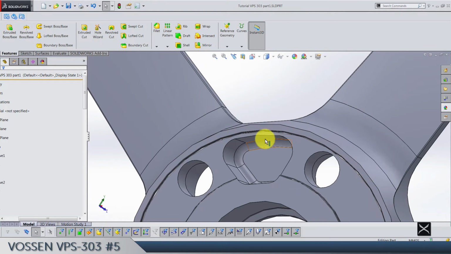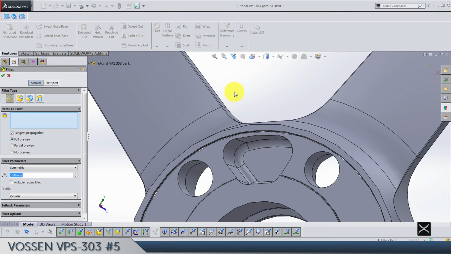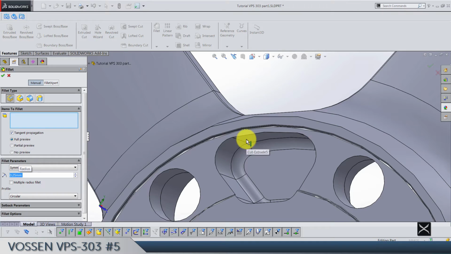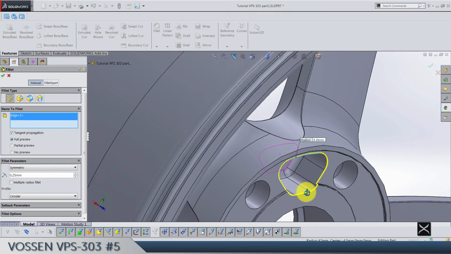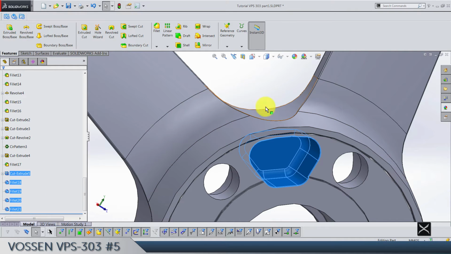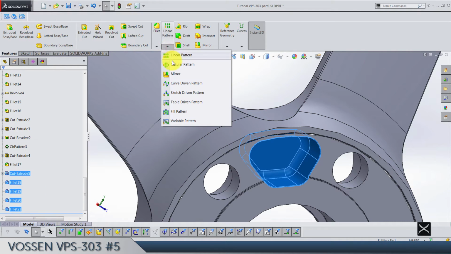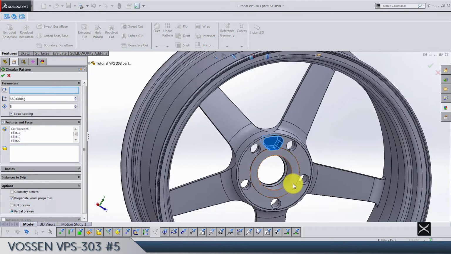Okay, we also have another small fillet. So 0.25 on this edge here, and if you did everything well, it's gonna go all the way around. So like that. Let's select these 5 last features and do circular pattern by 5, of course, and select some